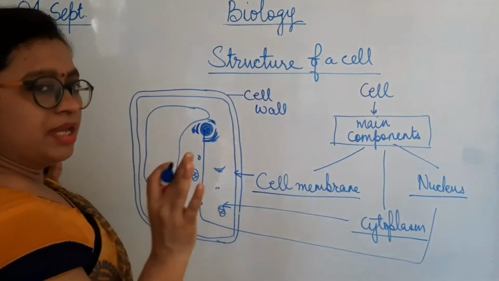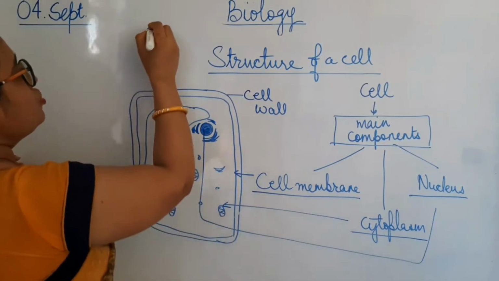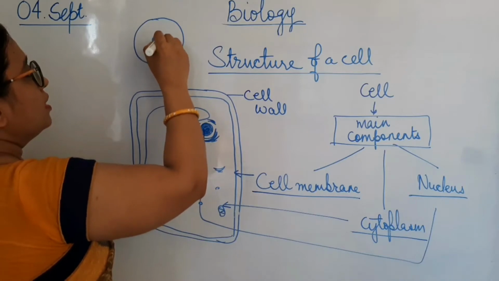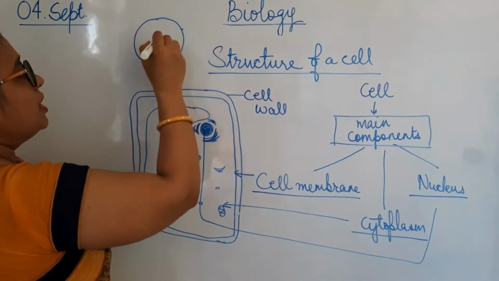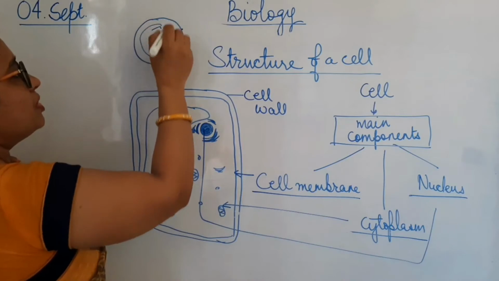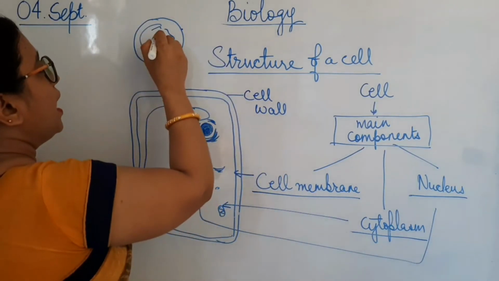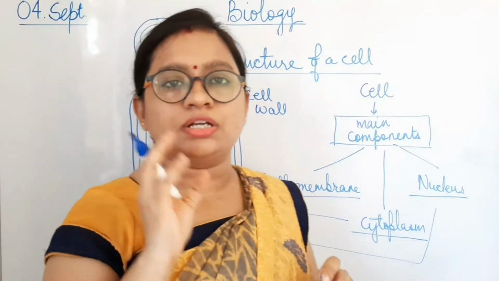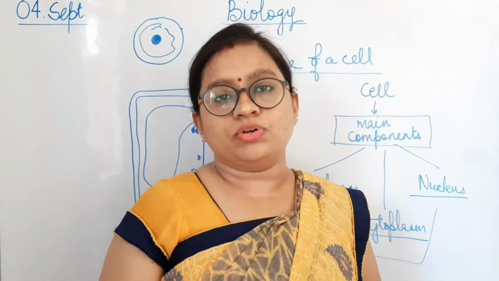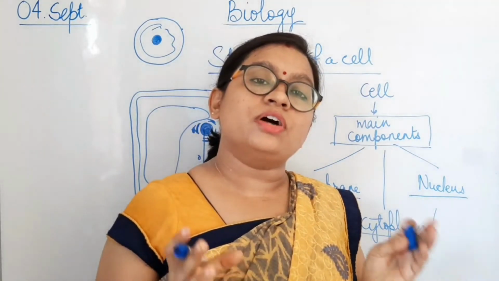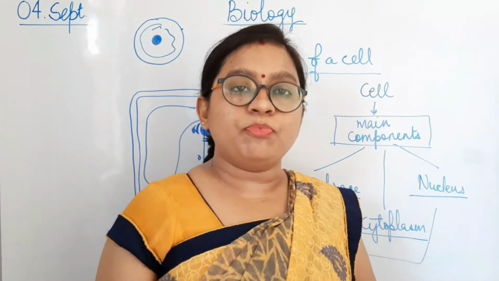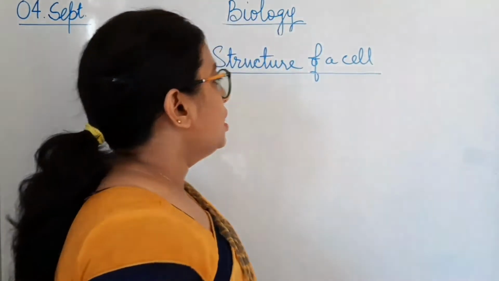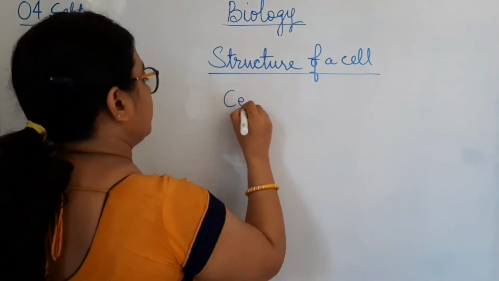So these are the three main components of the cell. Or I can draw a simple diagram showing you a cell over here: this is the cell membrane, the jelly-like fluid present here is the cytoplasm, and this is the nucleus. The central dark dense spherical structure is the nucleus. All of these components are very important, and how they are important, let's discuss that. Now let's discuss the main components of the cell. The first one is cell membrane.